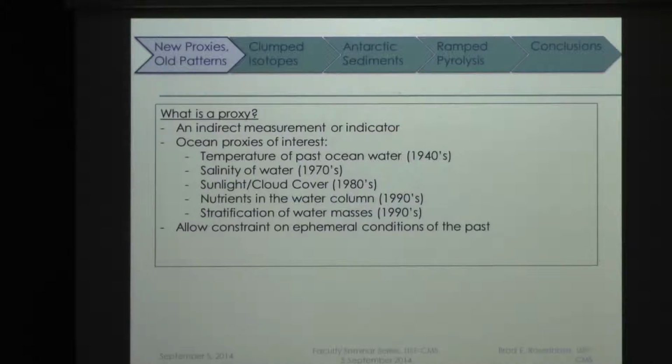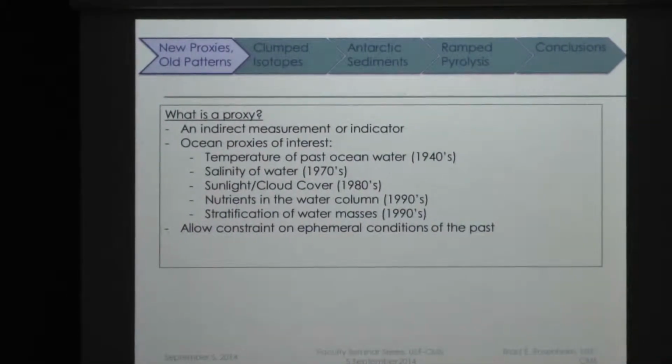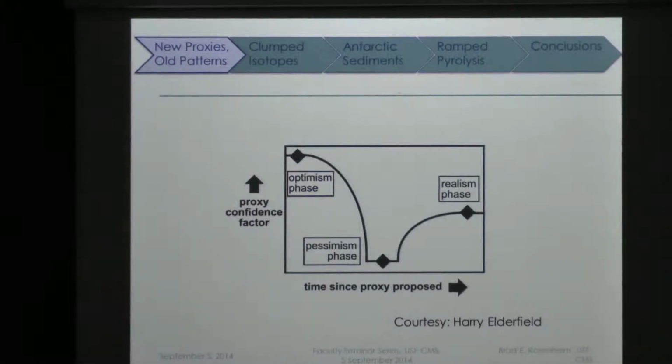All of these proxies, to get at these different conditions and states of the Earth, are different in the way we apply them and what we actually measure. The fingerprints are all different. But one thing is the same, and that's this phase diagram that proxies go through. This is what the community's opinion of a proxy is, from its inception to its widespread use. And what happens is, when somebody comes up with a new proxy or a new way to fingerprint past